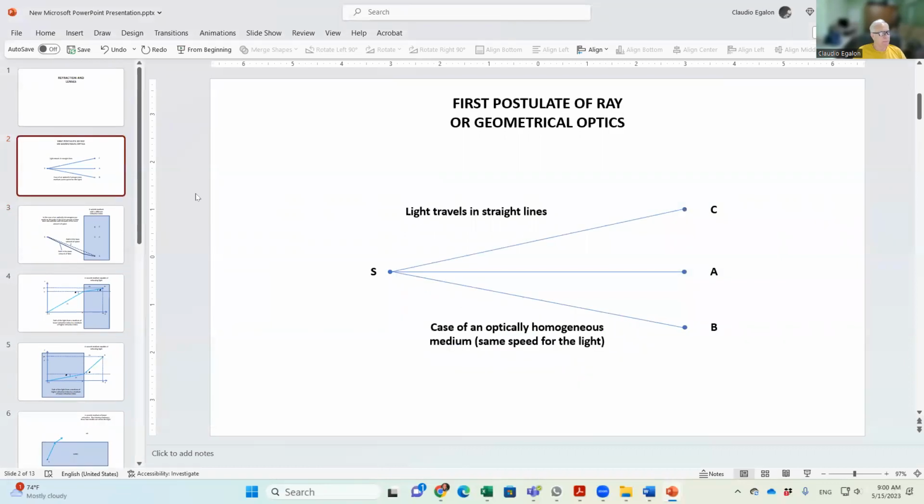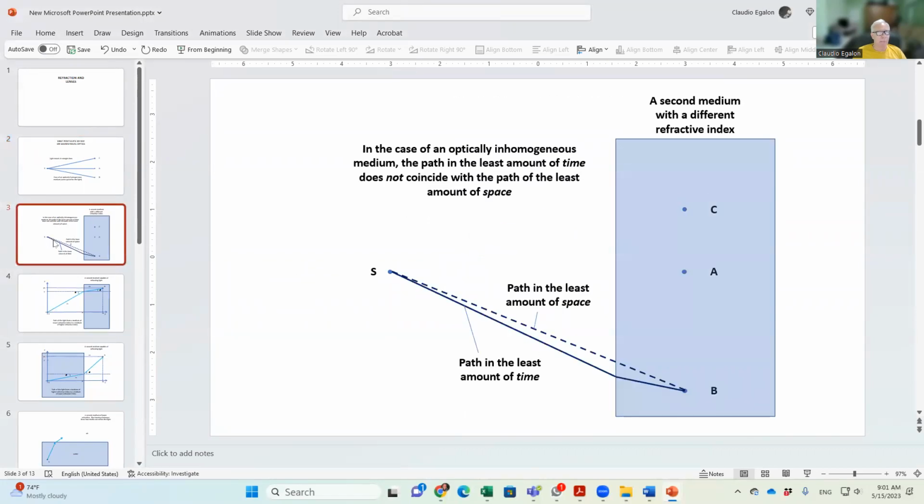Okay, whether it's going from S to C, from S to A, or from S to B, light travels in a straight line. It doesn't travel in zigzag unless, you know, you have a different medium in there. The principle of least time, okay,